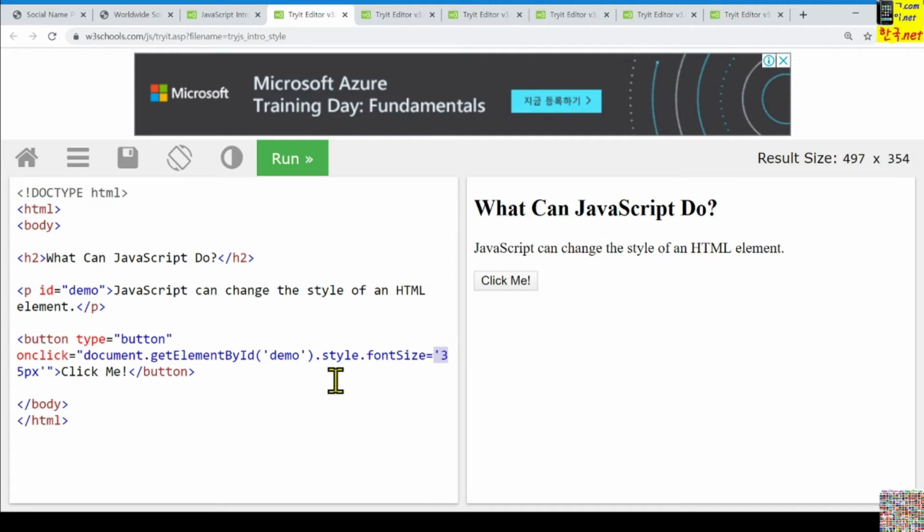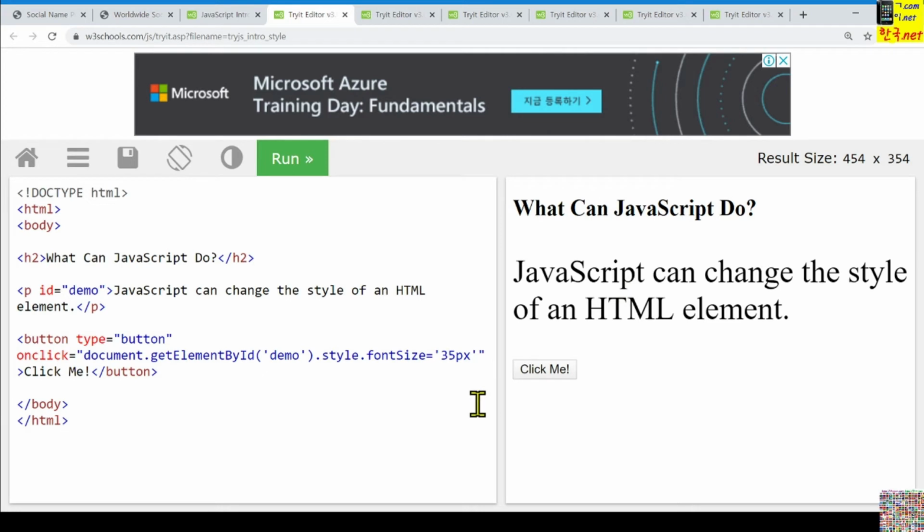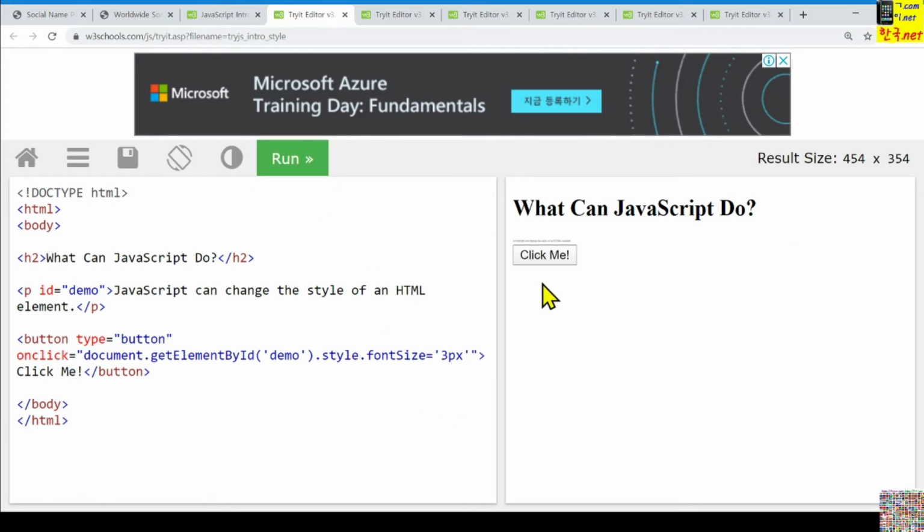Thus here we can use the method as well as the properties for them, and we can show some dynamic effect using JavaScript. 35 pixel, like this. How about 3 pixel? Then you can see that shrunk character string.